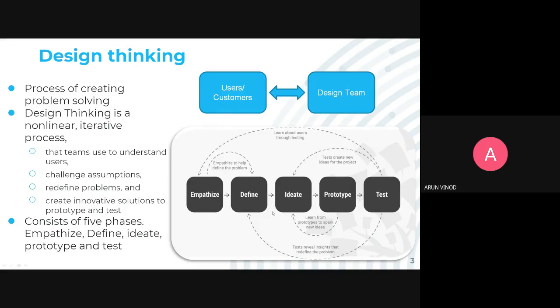Design thinking is non-linear. Linear means going in the same way. Non-linear means you go in one direction, then you come back, then again go forward, and again come back. Iterative means you are going back to the previous stage and doing the same process. You come to the next stage, and if any problem is there, again you go back. That is the iterative process. So design thinking is a non-linear iterative process that the design team uses to understand the users, challenge assumptions,